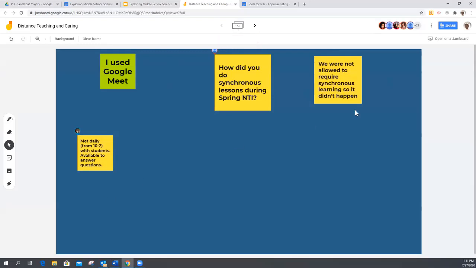We'll take another minute or so. I just wanted to give you a feel of a Jamboard, which is a nice tool that you can use with your students. It's pretty easy to set up. Yeah, Lauren, that could be true. We've got a lot of people on, so we may have.